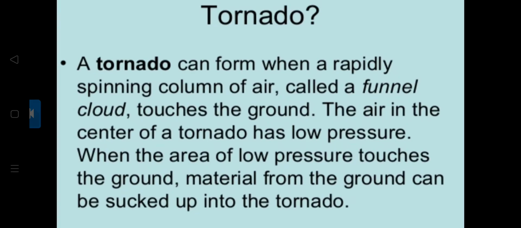Now, in this topic, what you all are supposed to really know about are the different belts, the Earth's surface wind system, and the different pressure belts under the wind system. That is the equatorial belt, the trade wind, the subtropical belt, the westerlies, and the easterlies. This tornado, how they are formed, hurricanes, how are they formed, what is it, lightning, thunderstorm. This is for you all to understand simply.